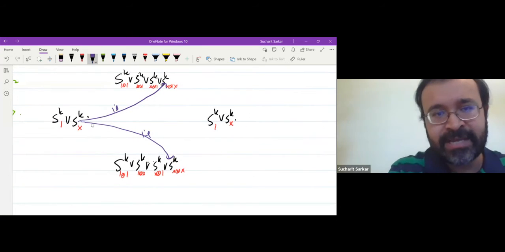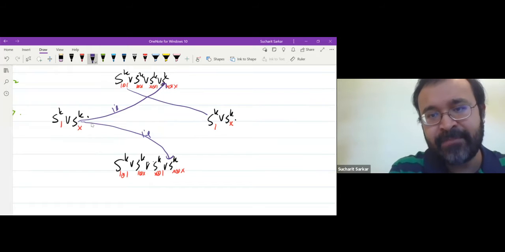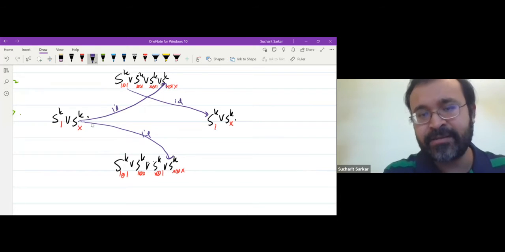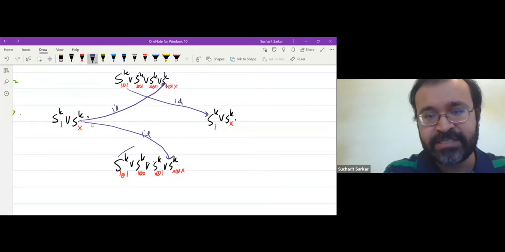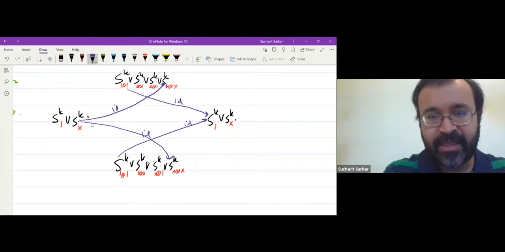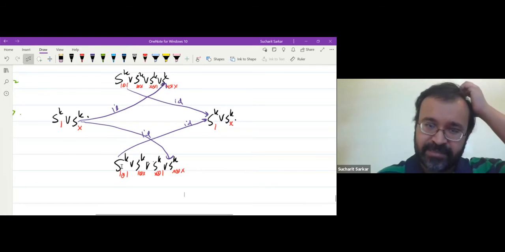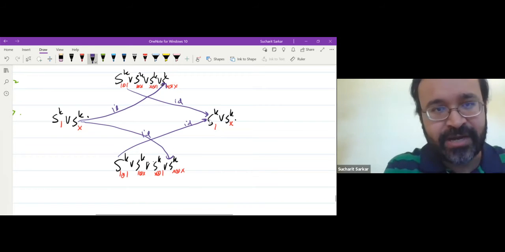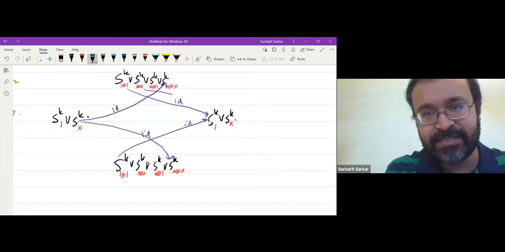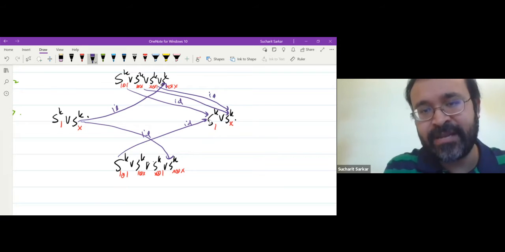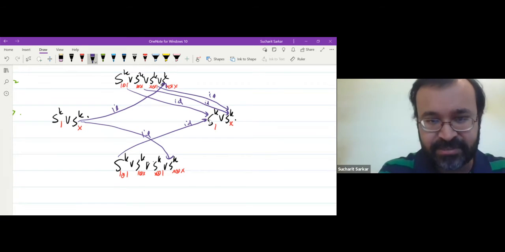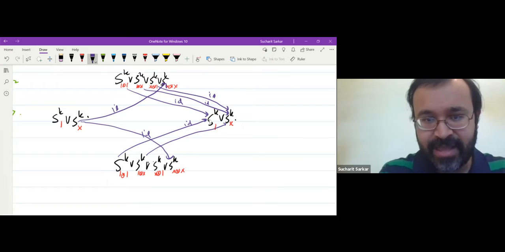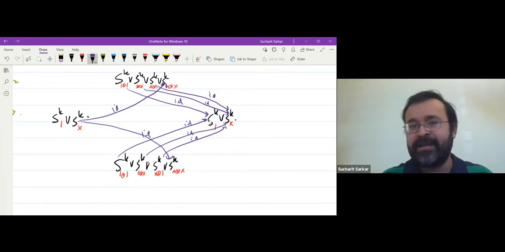So all I do is take 1 tensor 1 and map it to 1 by an identity map. Similarly, I take this 1 tensor 1 sphere and map it to that sphere. Take this sphere and map it to that sphere by the identity map. And the other 2, it's getting messy, but those 2 you map to this sphere again by identity map. Just take the 1 tensor X sphere and the X tensor 1 sphere and map them